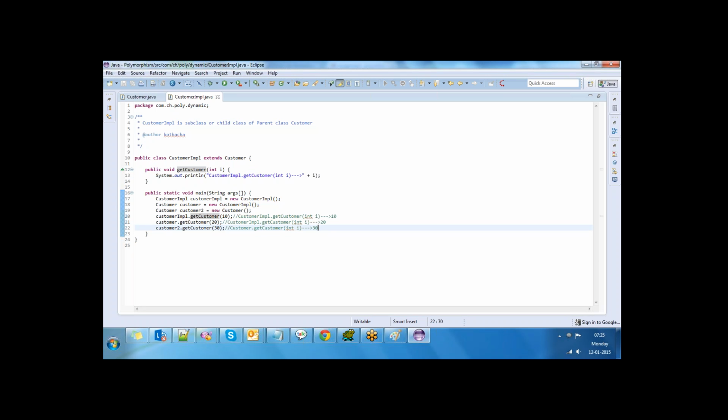This concept is known as dynamic polymorphism or runtime polymorphism.